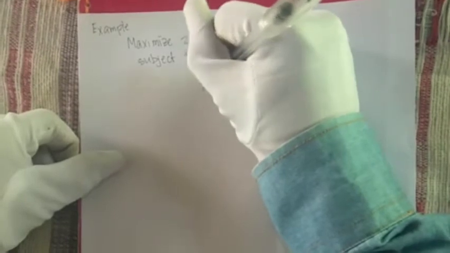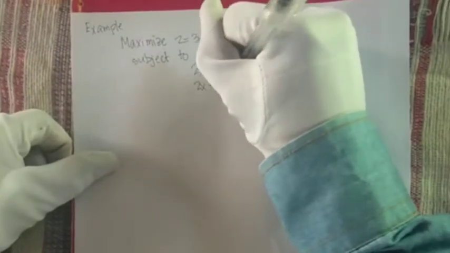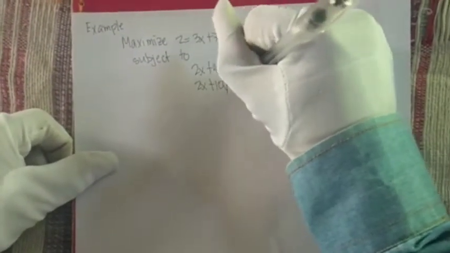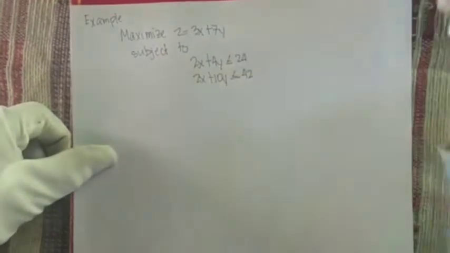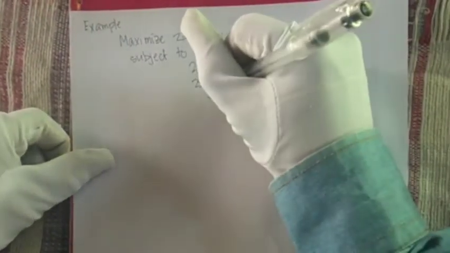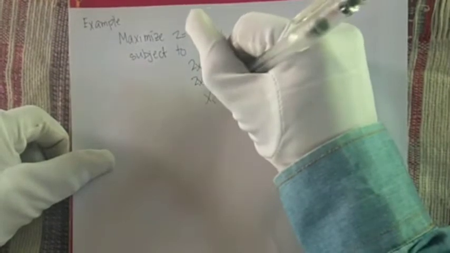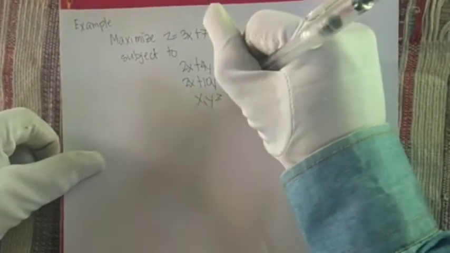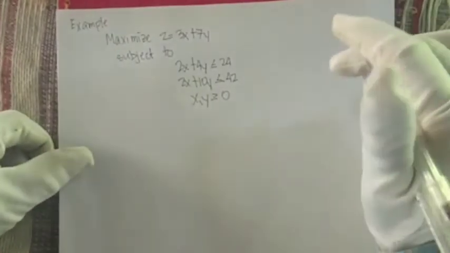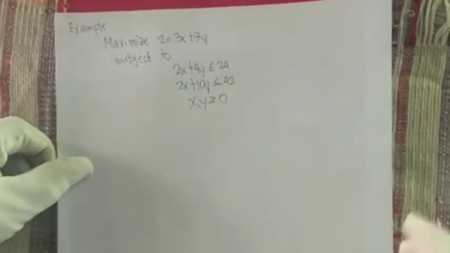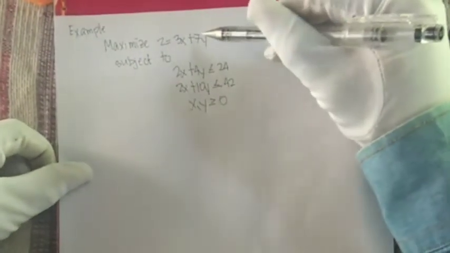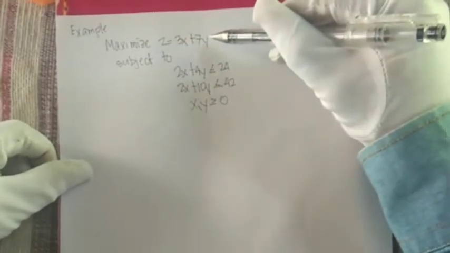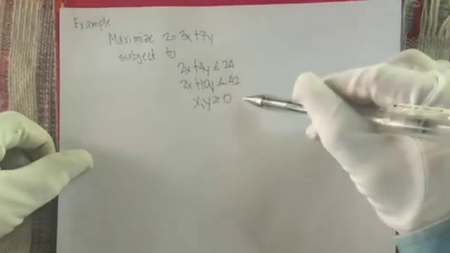The next is 2x plus 10y less than or equal to 42. And the decision variables x and y greater than or equal to 0 is the non-negativity constraints. So this is our objective function, which is to maximize, then our constraints, then our non-negativity constraints, and x and y